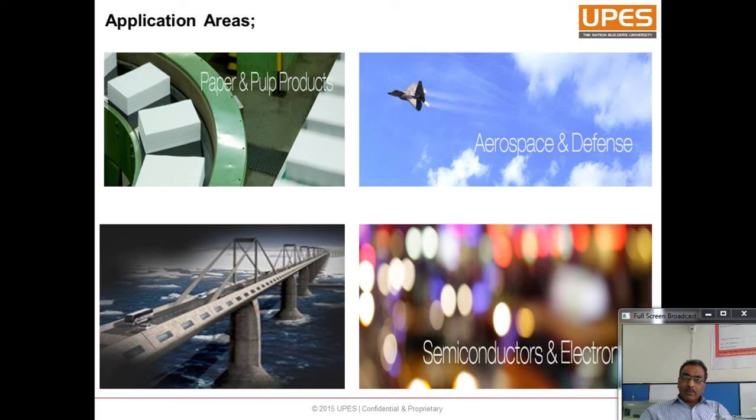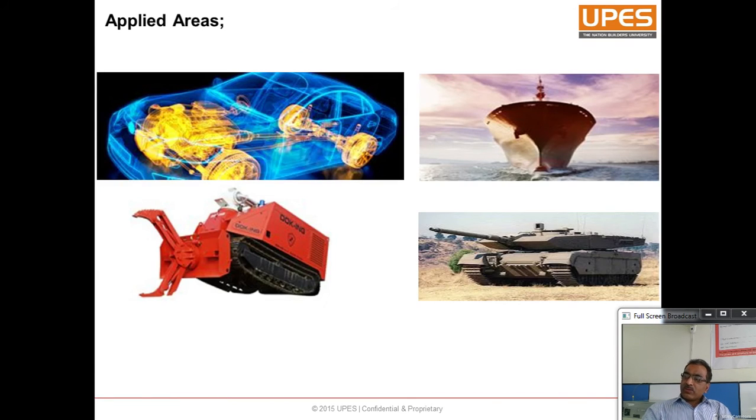Now you can see paper and pulp products, any paper manufacturing industry, sugar manufacturing industries, aerospace, even civil construction. Because in civil construction too, you need good planning. Some mechanical equipment is being used nowadays for structural building construction. Then we have electronic industries, where you need the involvement of production engineers.